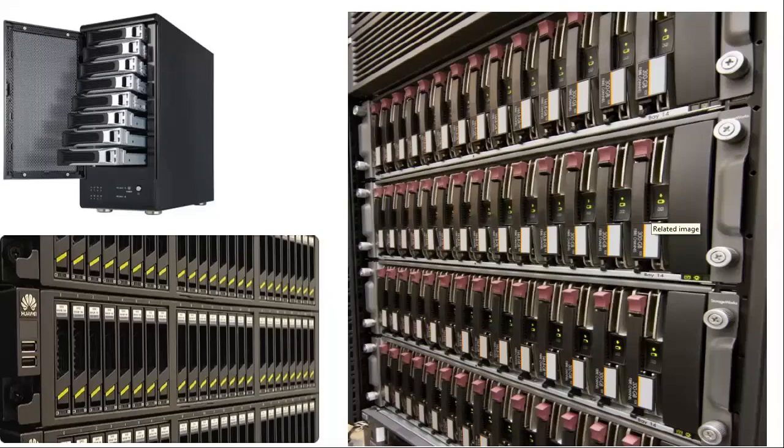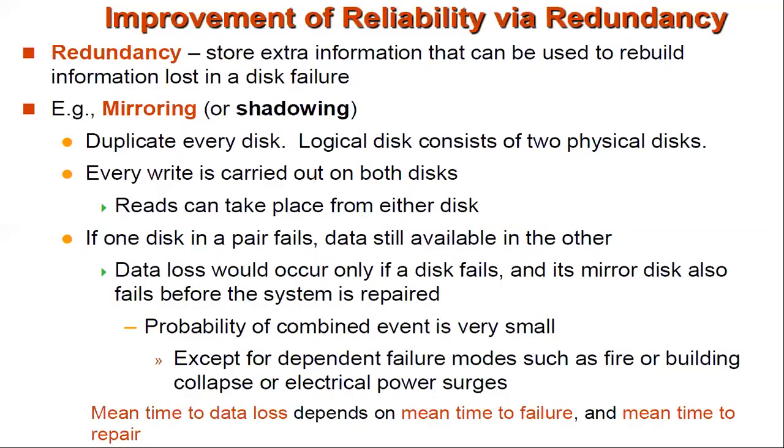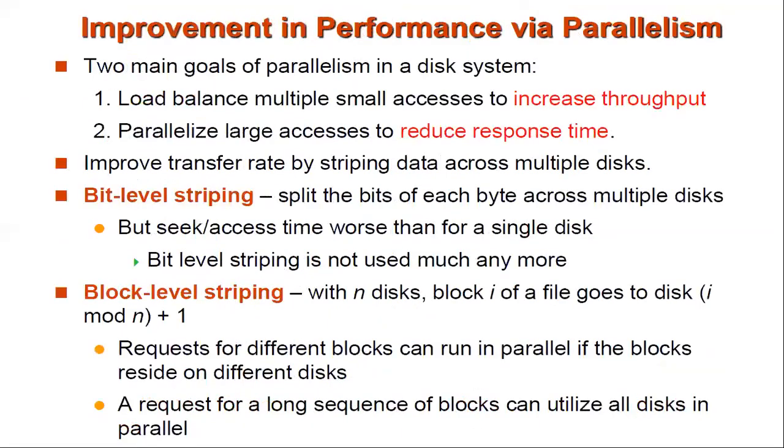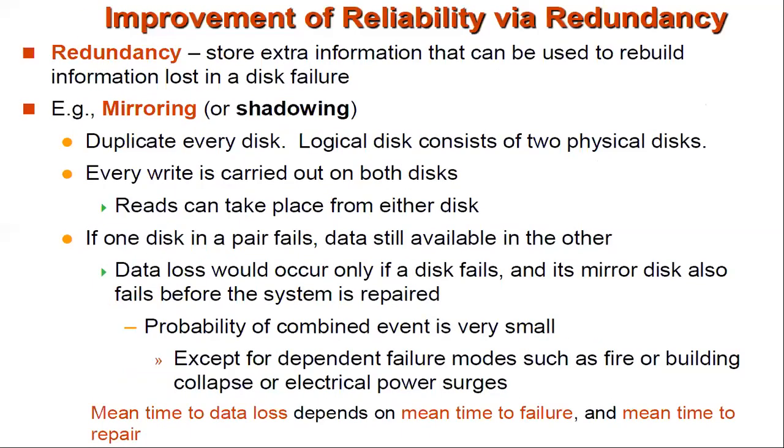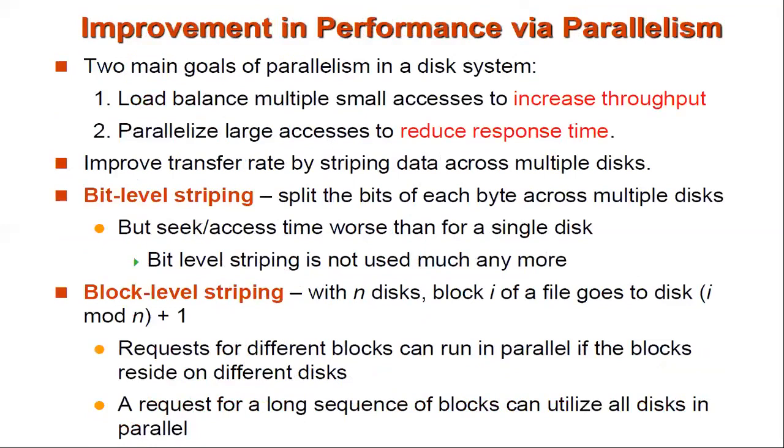So what are the things we can get from RAID? There are improvements to reliability. So two things we can achieve through RAID: one is reliability and the next one is performance. How can you achieve reliability? Because you are going to store the data in multiple places. That means you are allowing redundancy of your data so that you can achieve reliability. Then how can you achieve performance? Because you are going to allow parallel processing here. When you allow parallel processing, the speed of access will be higher.